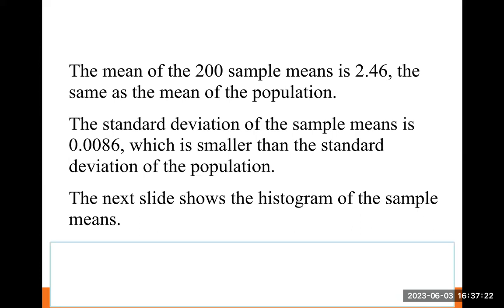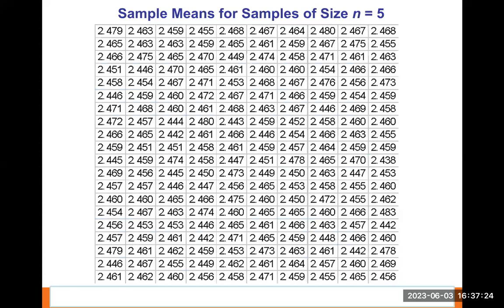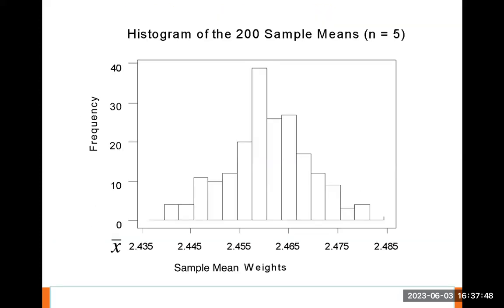So here is the histogram. Just like I said, they take those individual sample means from each of the 200 different samples and make a histogram, which tallies how many of them were around 2.4, how many were between 2.4 and 2.5, and how many were between 2.5 and 2.6. Here is the histogram. And you see that most of the sample means, when they took a sample and found the average of that sample, were coming up